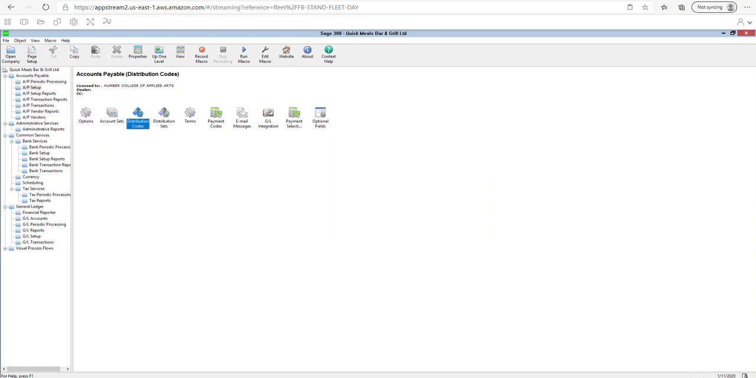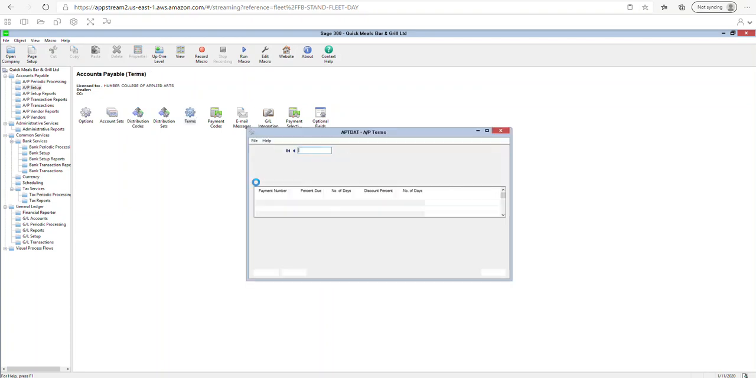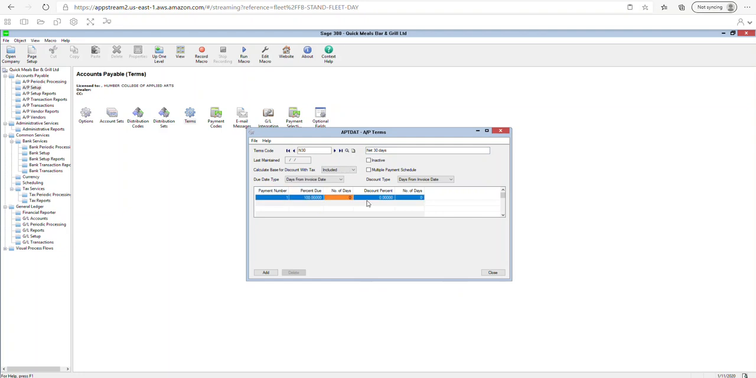Okay, the next part what I have is creating the terms. So I'm not going to create a distribution set, so we're going to skip this one for this exercise. So we're going to go into the terms. We're only going to create two different terms, net 30 days. So this is the one that's due in 30 days. So all we need to do is just mention that this is due in 30 days. Then we're going to create another one, 2/10 net 30. So this one we're going to say 2%